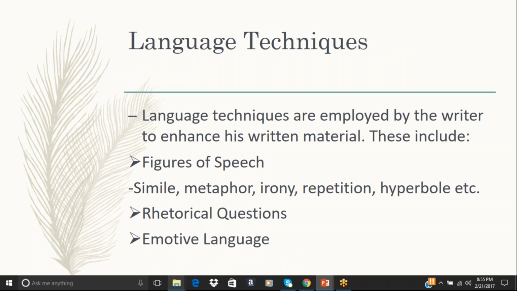Language techniques. Language techniques are employed by the writer to enhance his written material. Let's look at that again. Language techniques are employed by the writer to enhance his written material. Now, some of you could actually steal that very same line and put it in your essays when you're going to be introducing the idea of language techniques. Nothing is wrong, all right? So you know specifically that the language techniques are there for the purpose of enhancing the written material. Now, these include figures of speech, simile, metaphor, repetition, hyperbole. All of the figures of speech,